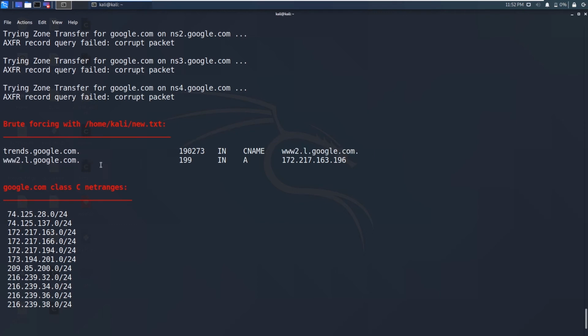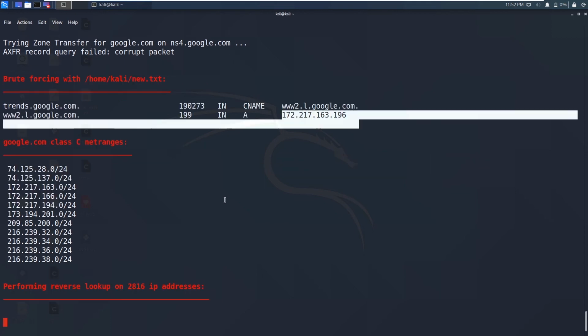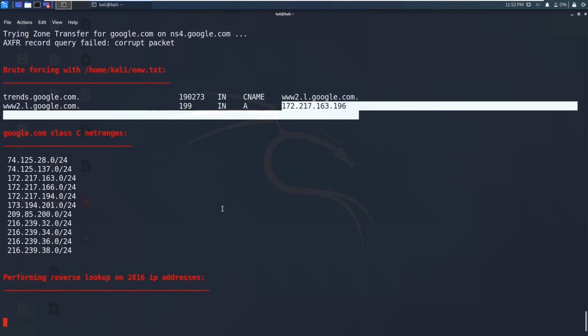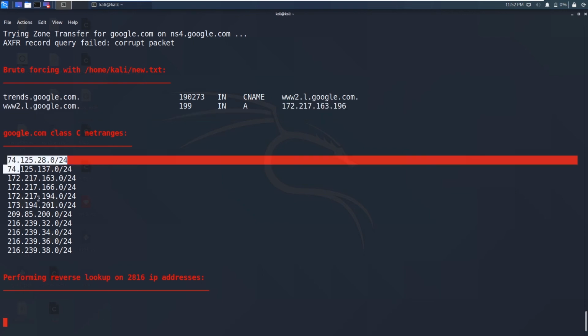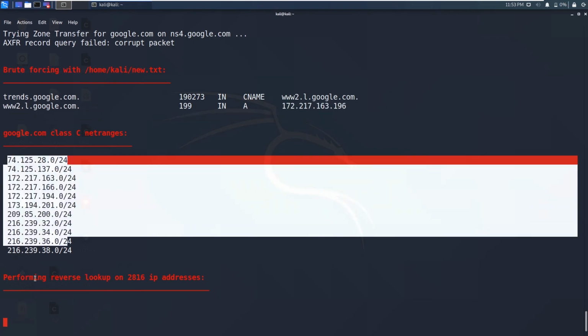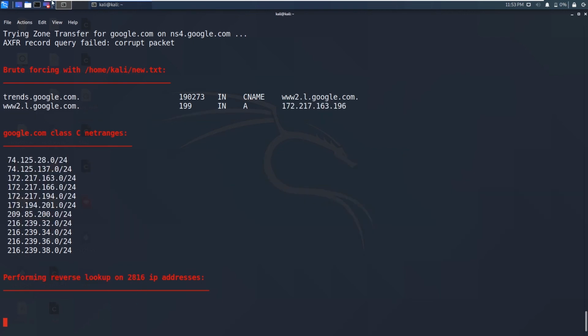And this is the actual subdomain, and trends.google.com is a canonical name. So you can see www.google.com has the A record, that is the IP address. Okay, we also got the IP address ranges, and it also performed reverse lookups on those IP addresses we have found.